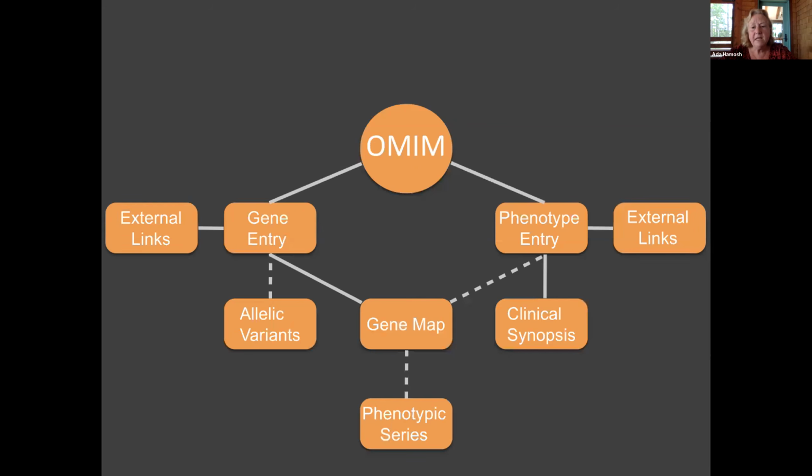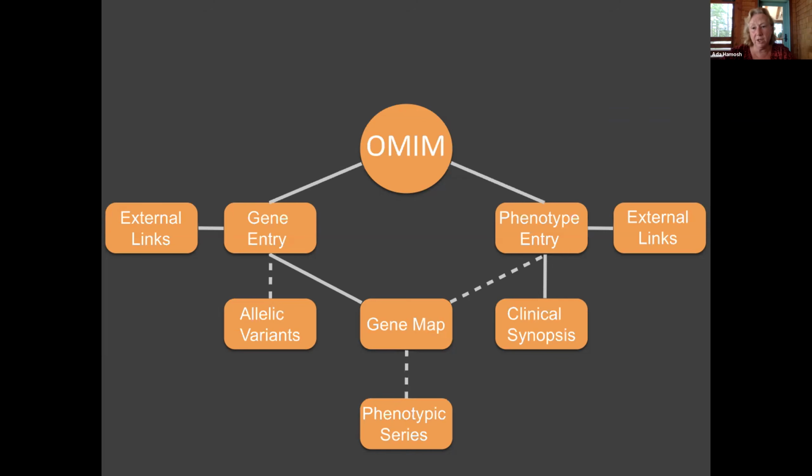This is the information content of OMIM. Entries in OMIM are either gene entries or phenotype entries. Within a gene entry, that's where allelic variants will live. And again, you all know OMIM is not the variant repository, but we have example variants for different variants in a gene that cause different conditions, different inheritance patterns, or something else like that. I'll tell you more about that in a minute. And then there are external links from a gene entry. Any external link from a gene entry takes you to the relevant topical page of the other resource.